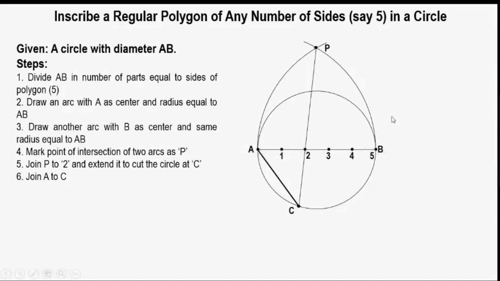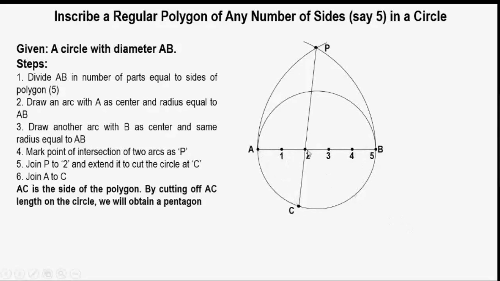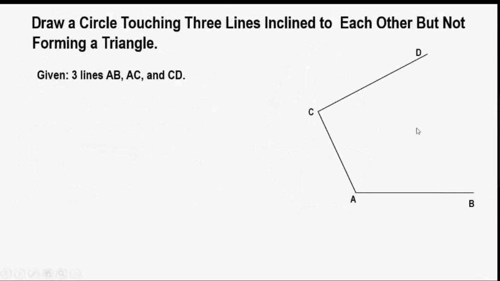But if the diameter is 113, then I have to divide this AB in 5 parts with the help of the method that we studied yesterday. We can take point number 2 either from this end or we can take point number 2 from B. For example, if I divide this line into 7 parts, so that point B will become point number 7, I can take point number 2 or I can take point number 5.